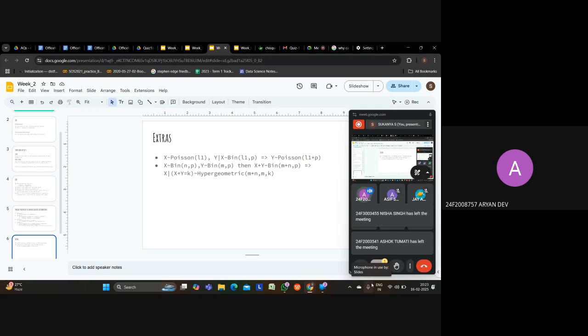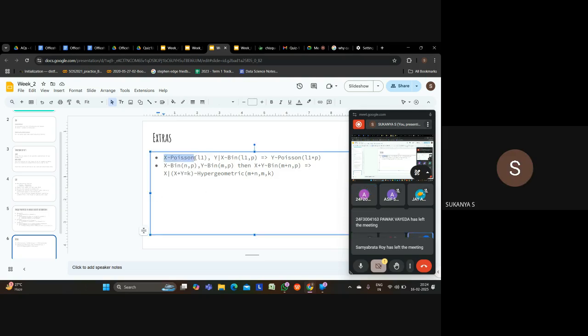Ma'am, can you please explain it once more? Yeah, this one. You have X and Y as two Poisson distributions. Both are Poisson random variables. Then the conditional distribution, when you know the value of one Poisson variable, the conditional distribution of Y given X is actually going to follow a binomial distribution. I don't think you have many problems regarding this, but it is a useful result. If we come across a problem, we can see how this happens.